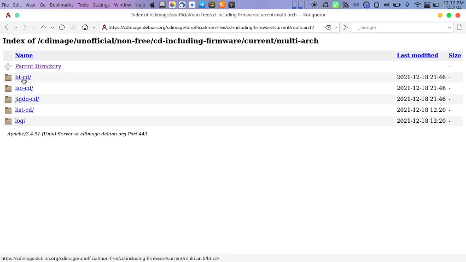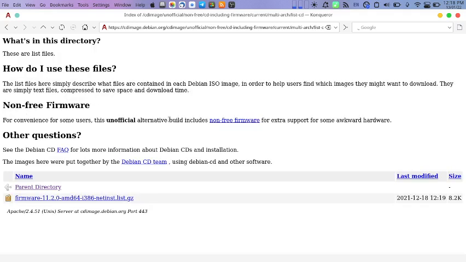For that, this is the CD image, the ISO image. Jigdo is the software to make the CD or DVD collection as per your needs. Specifically, custom DVD or CD ISO creation uses this Jigdo tool. Then the list. This contains only the firmware list. Whatever firmware they put in non-free is included here. So this is a collection of the different firmwares for the different hardware included in your laptop or PC.